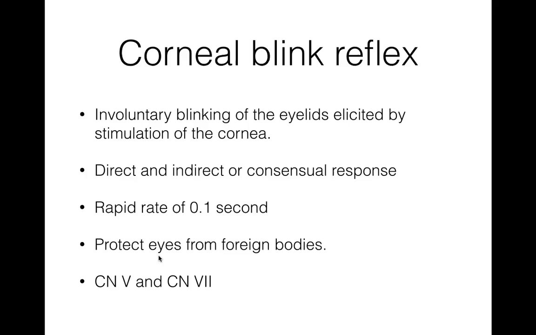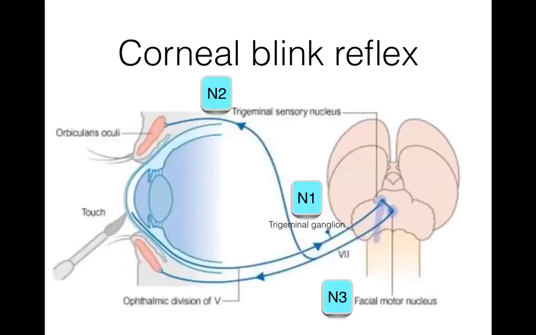So there are two components of the corneal blink reflex. The afferent arm is cranial nerve number 5, or the trigeminal nerve, and the efferent arm is cranial nerve number 7, or the facial nerve. So let's trace the pathway again. So we have here the cornea, and of course, this is the brainstem. So whenever we stimulate or touch the cornea, the sensory stimulation of the cornea is relayed by